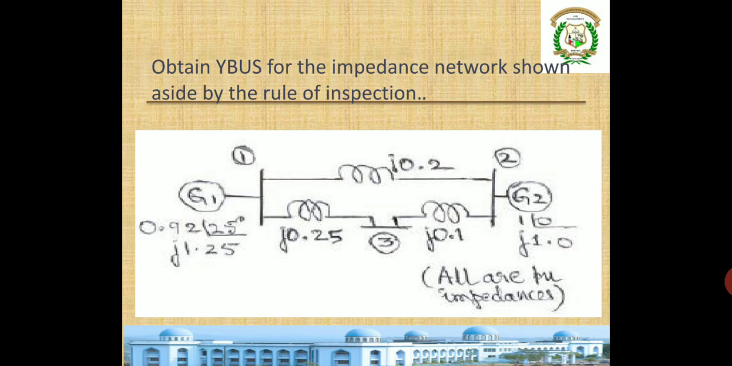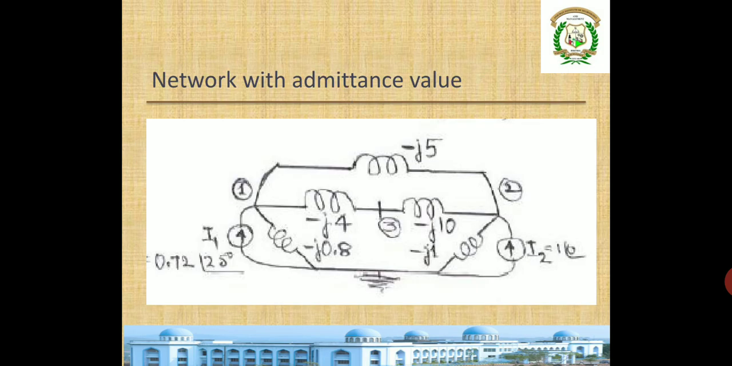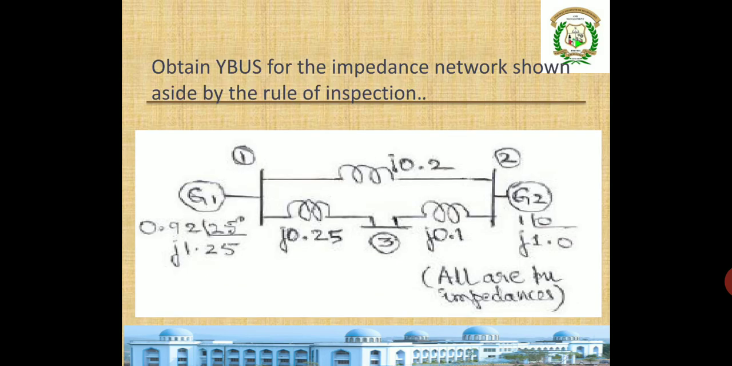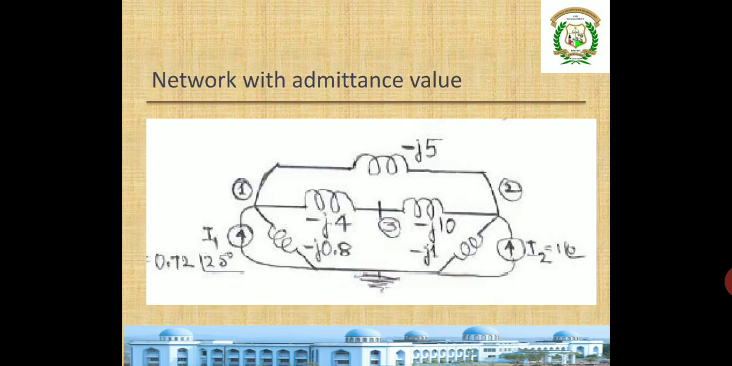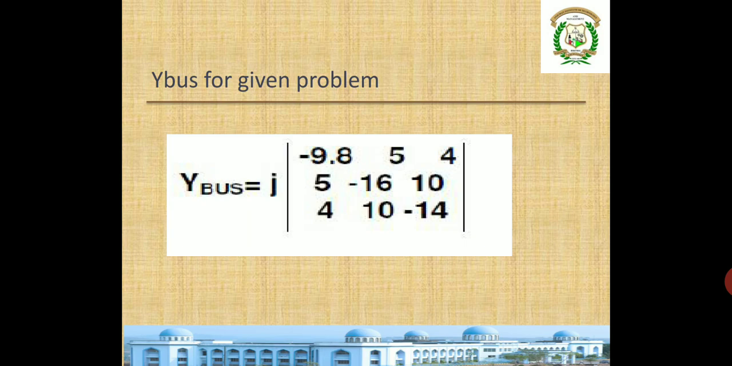Same type of another figure I have shown here, but here all the values are given in impedance form. You can see here impedance form and different parameters are given. So this is the single line diagram, and we can get the graph from the single line diagram. I have written all the values because we want admittance form. So here all the values are coming in negative because the impedances are given. Reciprocal of that impedance will give you the admittance. Using the same method which we followed in the previous one, we are going to get